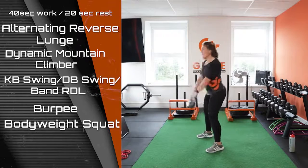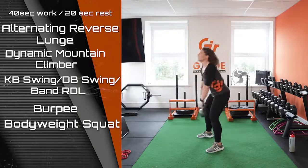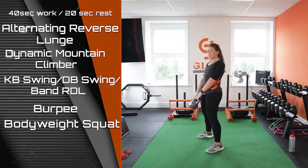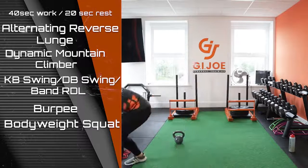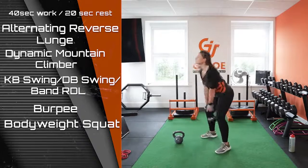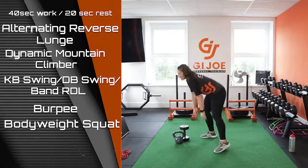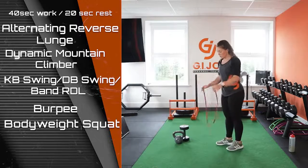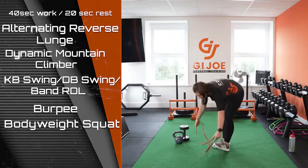So remember, this is a hinge move. So we're going to hinge back and snap the hips forward and drive those hips. So you shouldn't be lifting that kettlebell with your arms, you should be coming through that force coming through your hips. You do the exact same, holding your dumbbell if that's what you've got. Exactly the same movement there. If you haven't got either of those either, you can just do a banded Romanian deadlift, where you'll have your